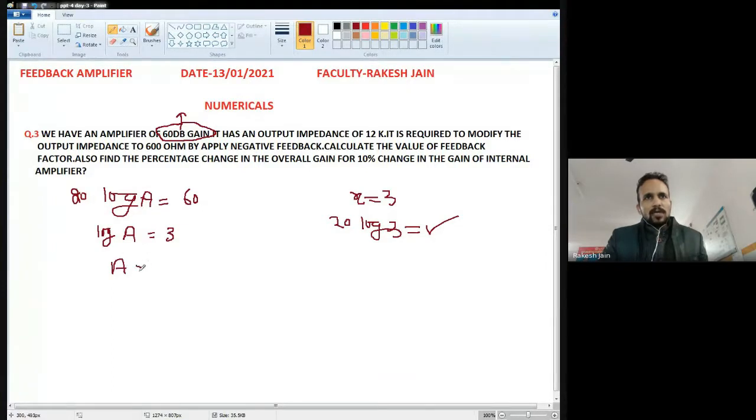Whenever the logarithm term goes from the left hand side to the right hand side, it converts into an exponent term. So it will be e raised to the power 3. In the calculator, and in your mobile also, you will see that term. So the exponent 3 answer will be 1000. From the calculator or from your mobile you can find this value directly.